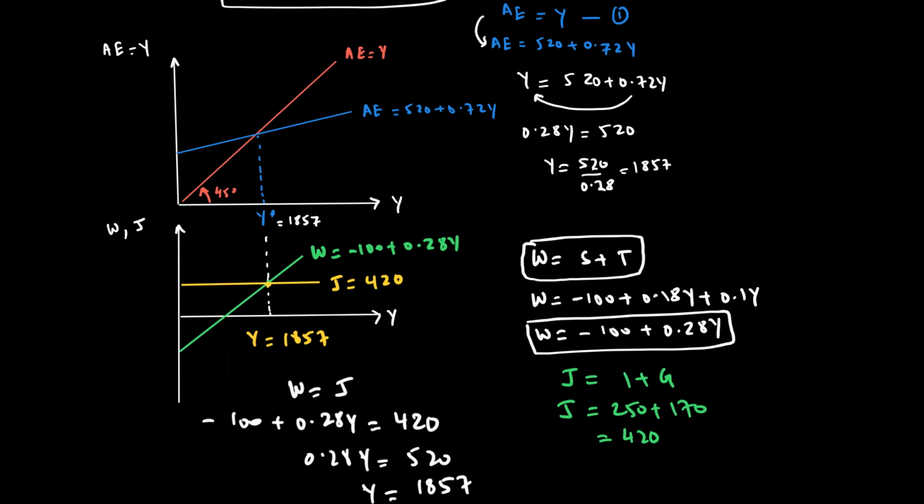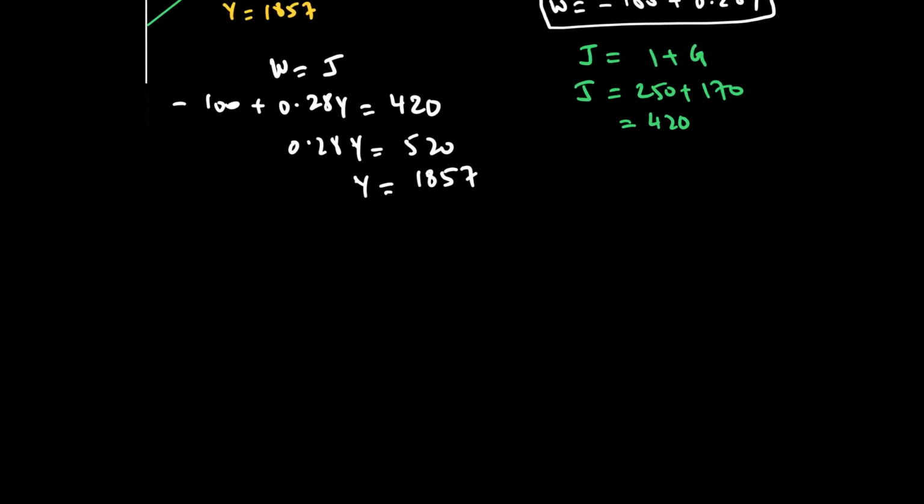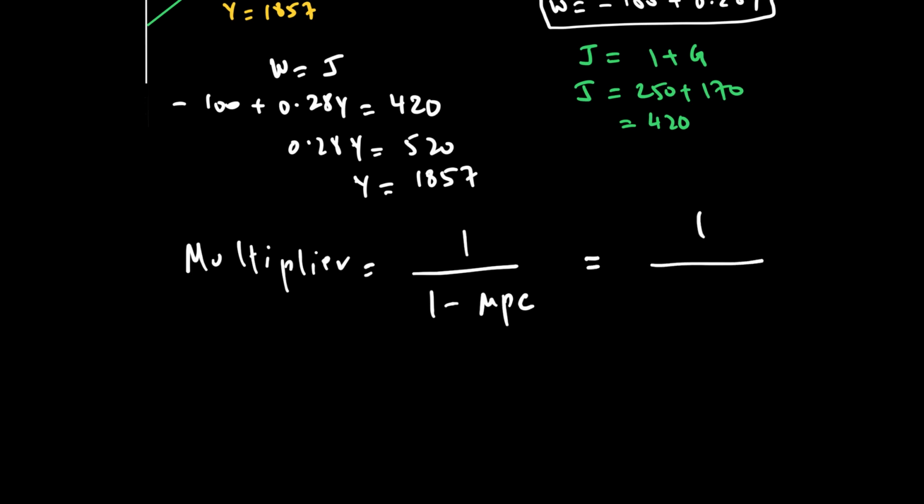Now, having found this, the next question we need to ask ourselves is, okay, what is the value of the multiplier? So in a 3-sector model, our multiplier will also change. Remember, multiplier's equation or multiplier's value, let me write this, multiplier is always equal to 1 over 1 minus MPC. Now, which is also in this now 3-sector model is going to be 1 over MPS plus MPT. Remember this,